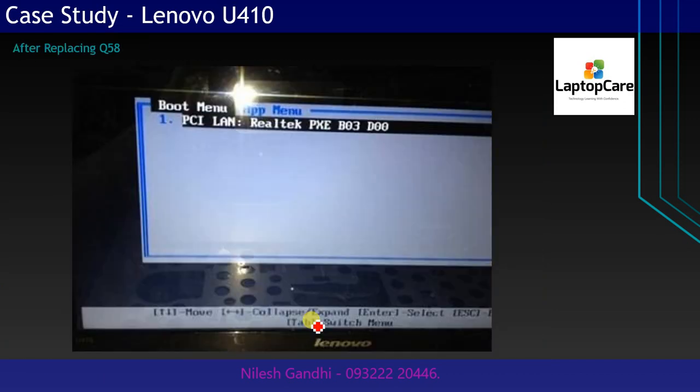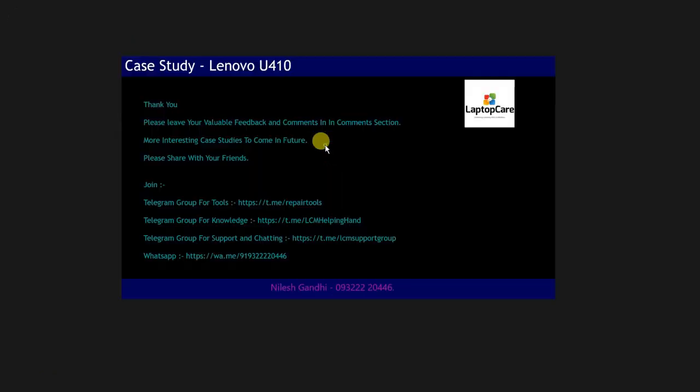You can see here in the photo the display is proper after replacing Q58, and plus LCD VCC is 3.3 volt, and the white screen issue is completely resolved.